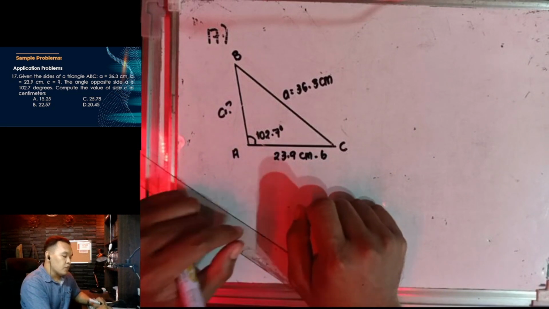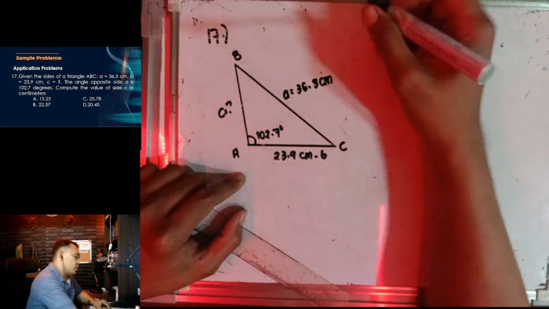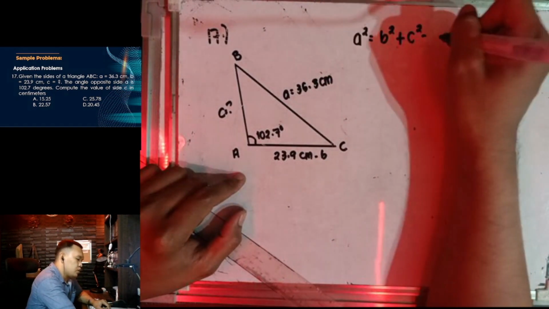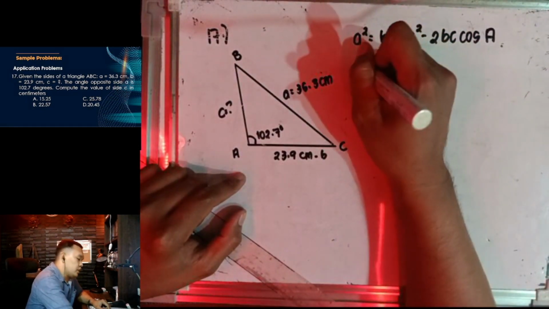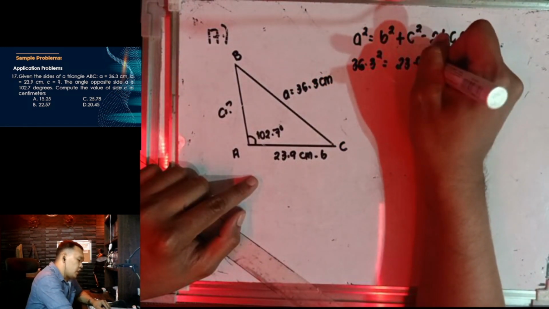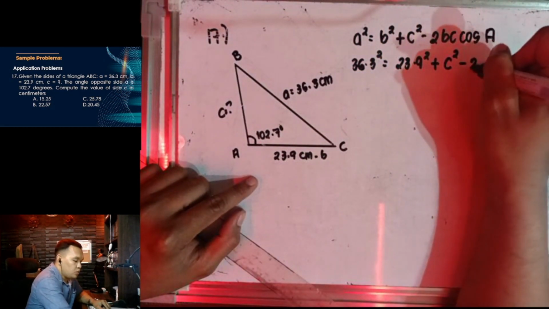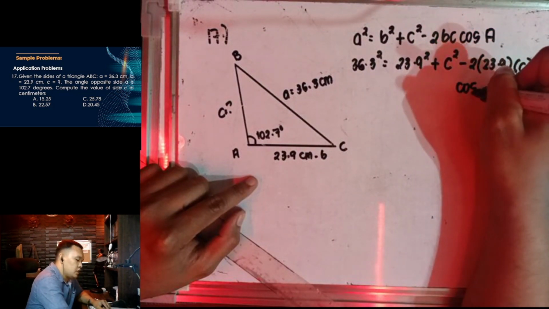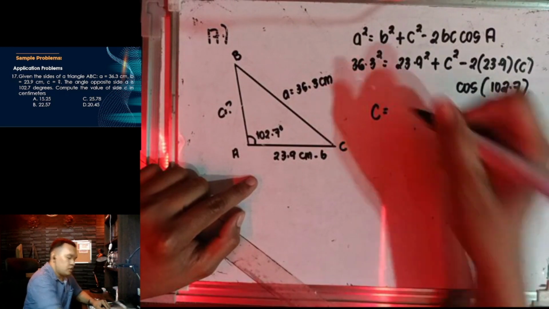So we could use cosine law, no? Given two sides and an angle. Okay? So we can say A squared is equivalent to B squared plus C squared minus 2BC cosine capital A. Then A squared is equivalent to 36.3 squared is equivalent to B, which is 23.9 squared, plus C, which is unknown. So just put C squared minus 2B, which is 23.9 times C times cosine A, which is 102.7. Then shift solve, C is equivalent to